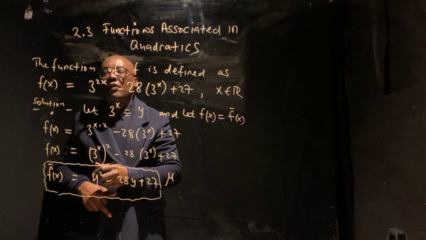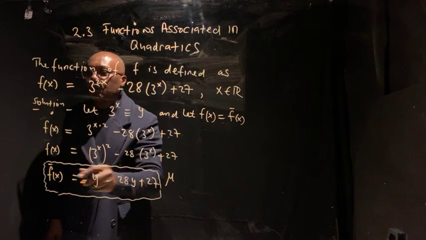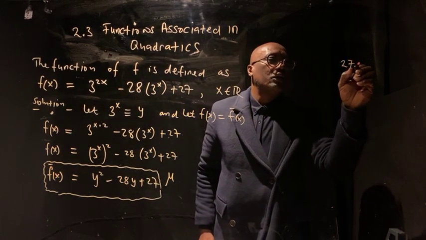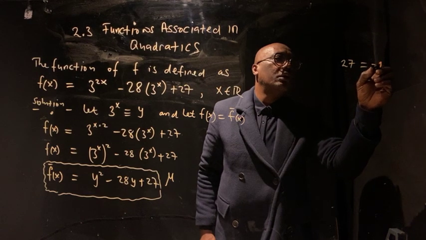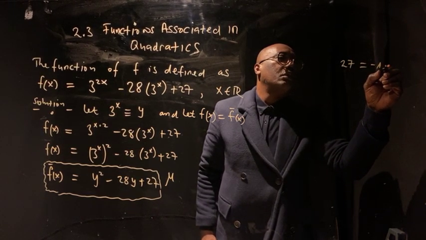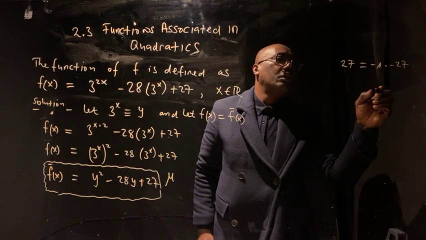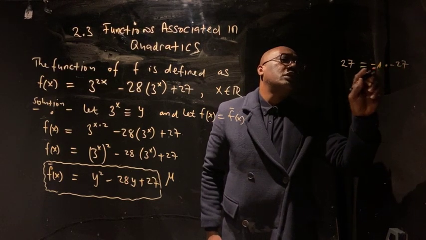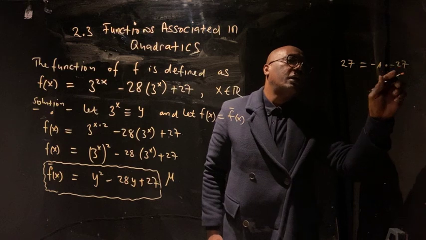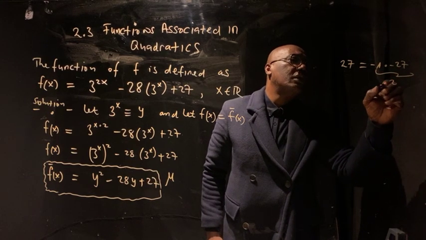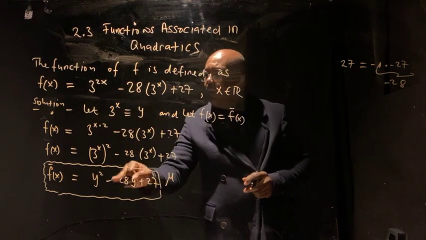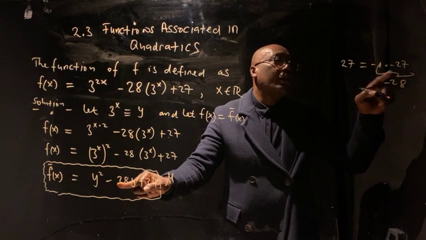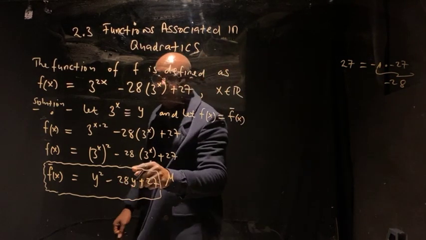But remember, 27 is also equal to minus 1 times minus 27. If I add these ones, minus 1 and minus 27, I'll have minus 28, which is there. Then it indicates that in fact minus 1 and minus 27 are the factors of the quadratic function. In that case, this equation can be rewritten as,